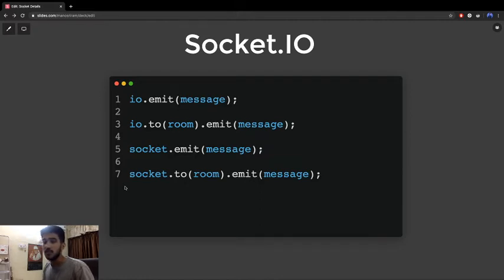So who is that single user? It depends on whom the socket ID is given. That will be seen afterwards. And similarly, socket.to(room).emit(message) emits the message to that person in that room. So that's what these four commands mean.